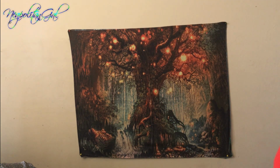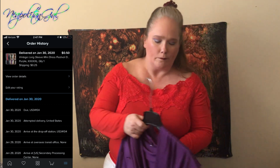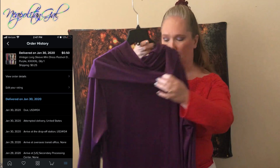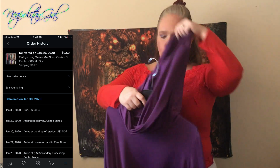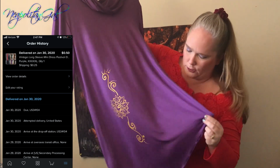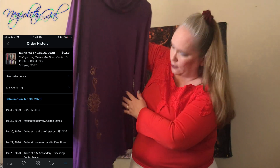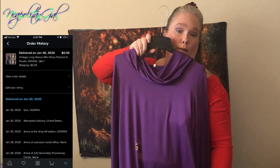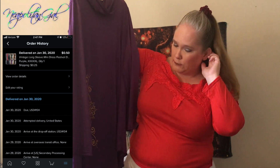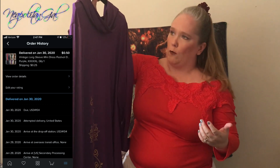This one, I absolutely love. This is not a collar, though it can be worn as a collar. This is actually a hood. I'm into steampunk, so anything that looks vintage like this, like from the Middle Ages, I love it. I love the detailing. The color is absolutely exquisite. Would definitely go with my makeup today. And all these clothing items you're seeing are all 5X, which means they're a US 2X. Well, really a 1X, but